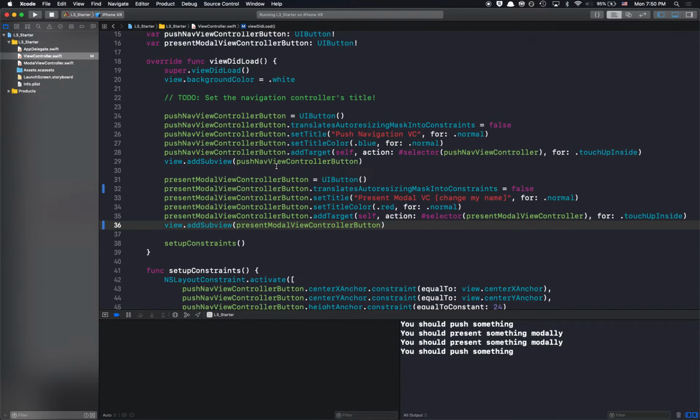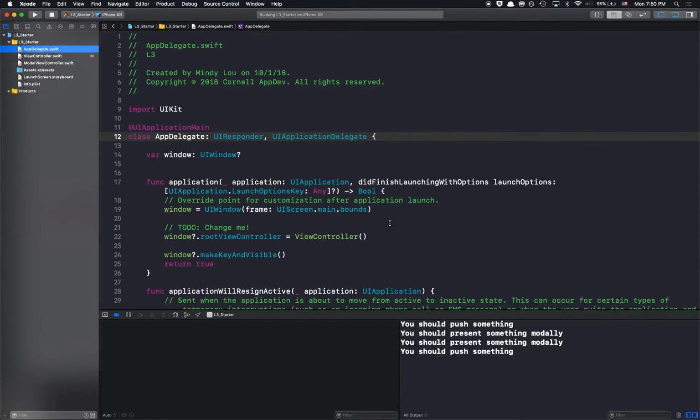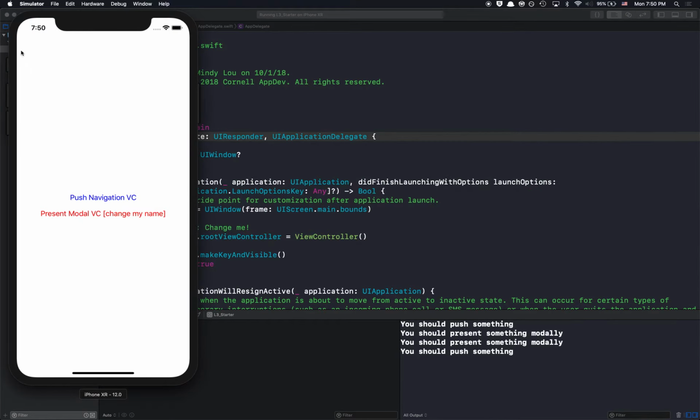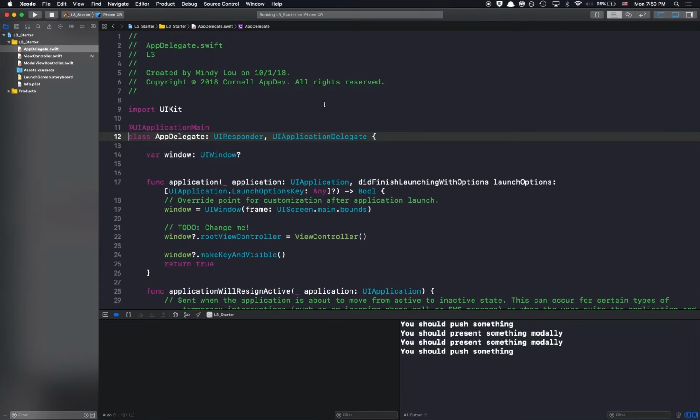So the first thing that we want to do is, if we want to use a navigation controller, we have to create or instantiate a UINavigationController in our app delegate. So that'll create that bar on the top of the screen, because right now it's just a white screen and there's nothing here. So that actually creates the ability for you to push and pop new view controllers onto your current view controller. So we're going to go into AppDelegate.swift,